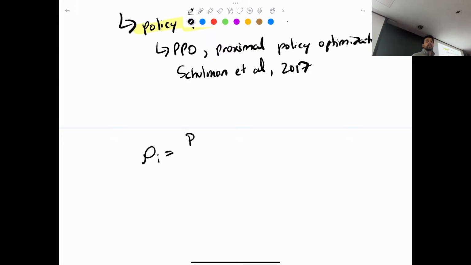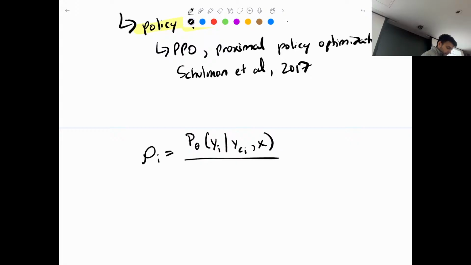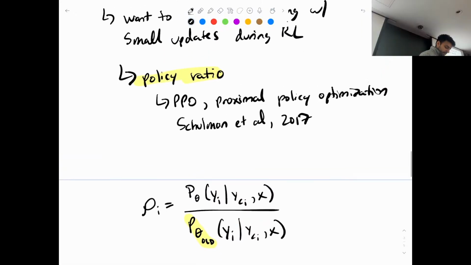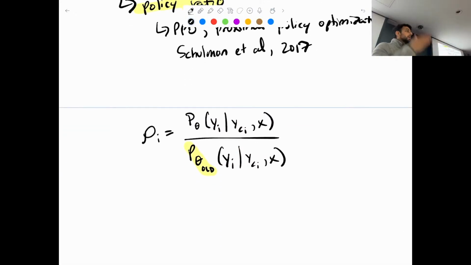It's computed at every token position of the response. So at position i, we will just compute the ratio of y_i given all the tokens before i and x over, and now we're introducing a new thing, which is this p theta old. Remember that when we are updating our policy, every time we get a batch of